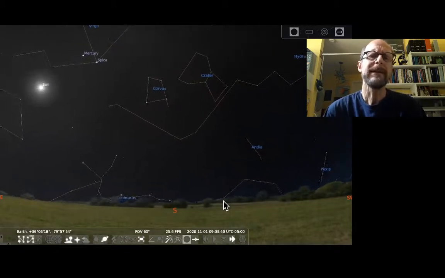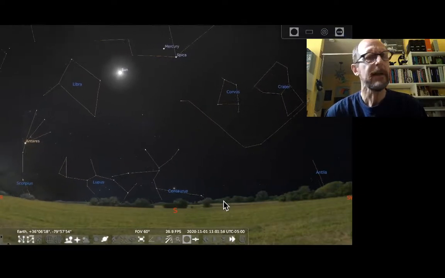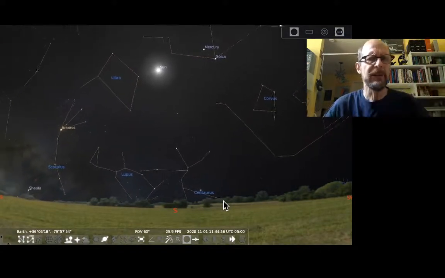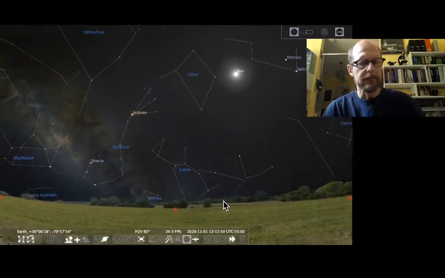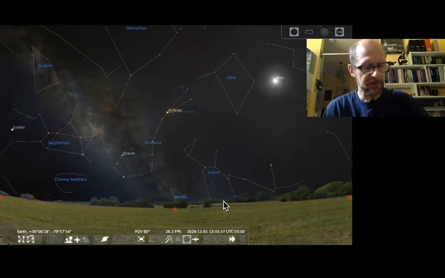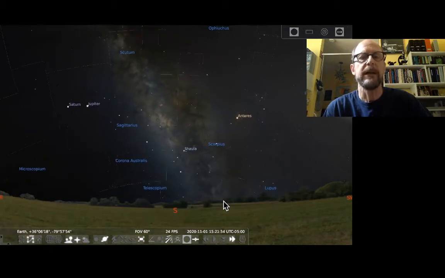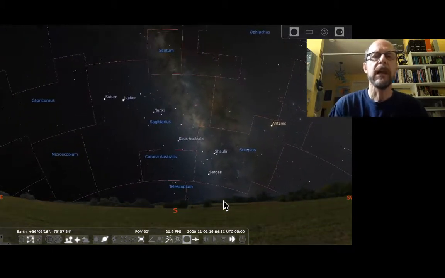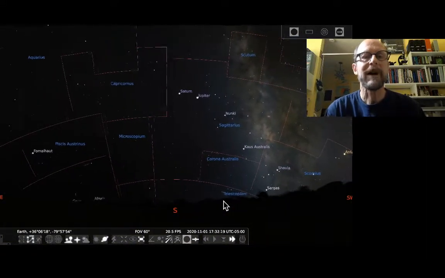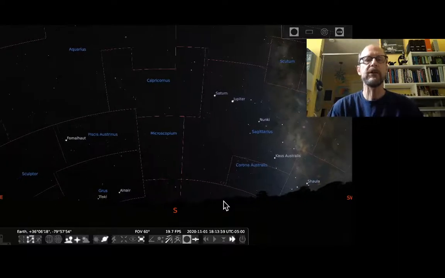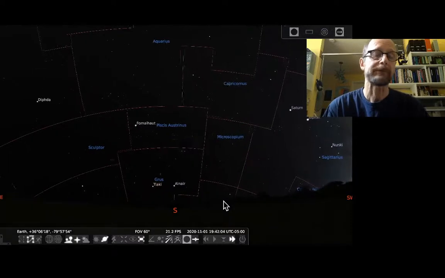But you know what, the connect the dots figures, those more ornate artistic figures, are not really all that relevant in modern astronomy. And what is really relevant in modern astronomy, so let me get rid of the lines, and I'm going to put up the boundary lines. And these are the lines that are important for modern astronomers. These are the dividing lines that separate the territory of sky of one constellation from another.